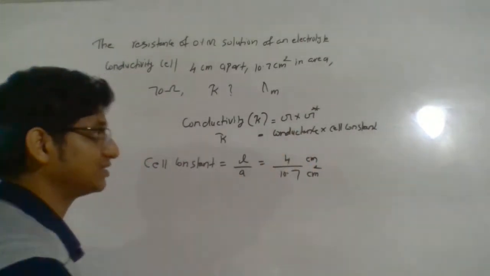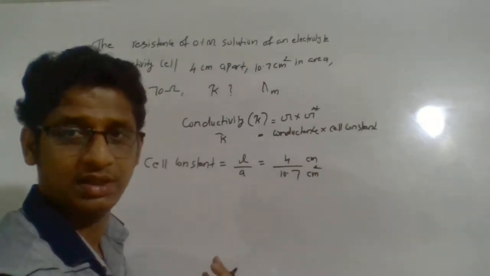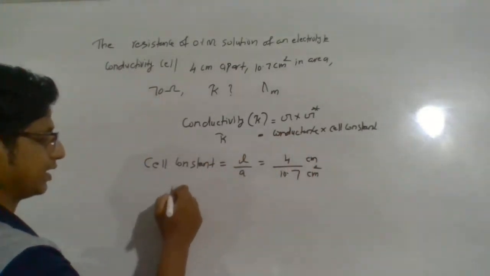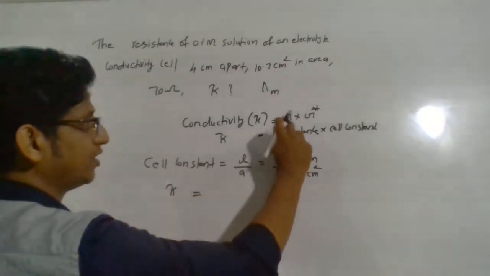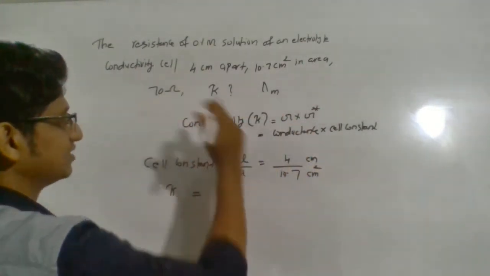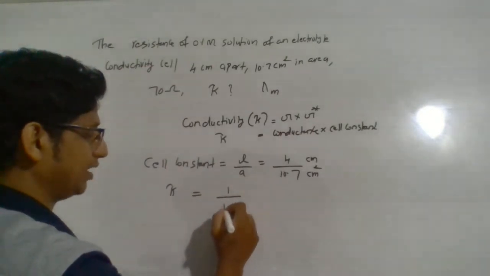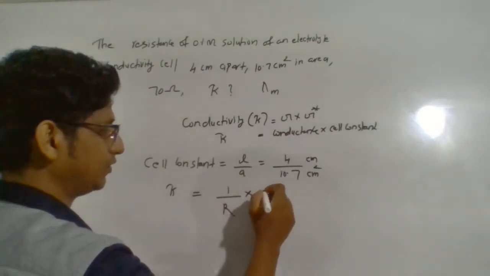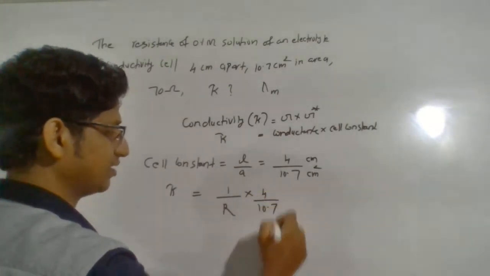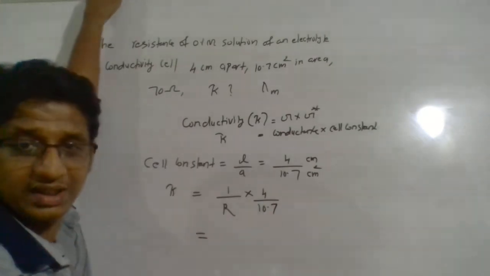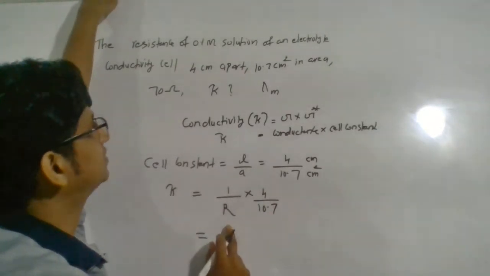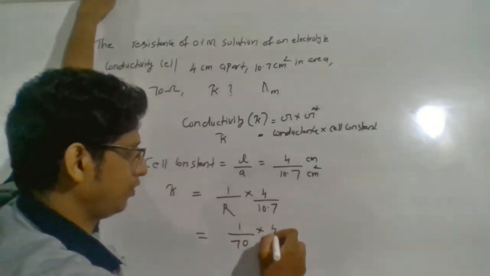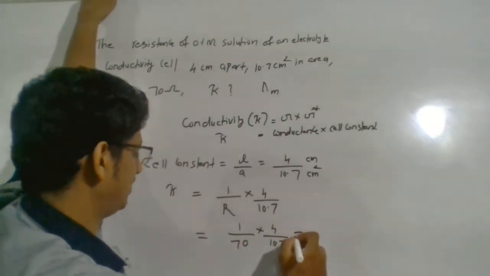Conductance is required, but resistance is given. 1 by R is conductance, right? So let me apply directly. Conductivity kappa is equal to, instead of G, conductance, resistance is given, so 1 by R will be conductance. 1 by R into cell constant, that is now 4 by 10.7. So let me apply. R is given, so 1 by 70 into 4 divided by 10.7 will give you